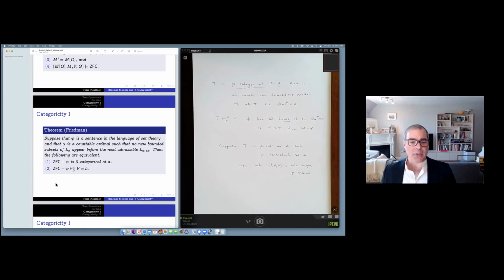Now, I should note that I've put a single sentence here. The way Friedman did it was he looked at recursively enumerable theories T. But if you do that, then there's a very quick answer to the question for the minimal ordinals even. And that's that ZFC is not the only RE theory which is beta categorical at those minimal ordinals, because what you can do is you can